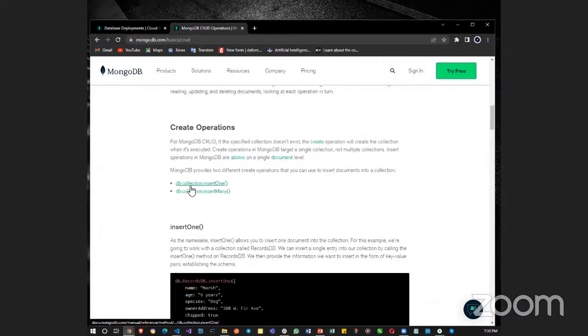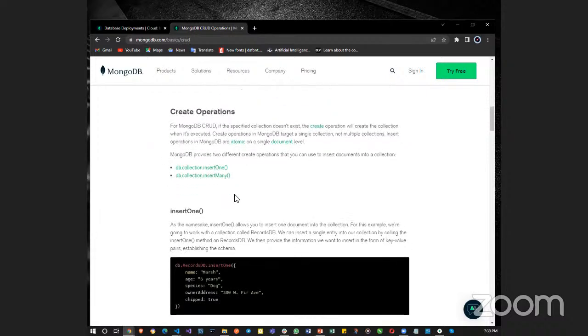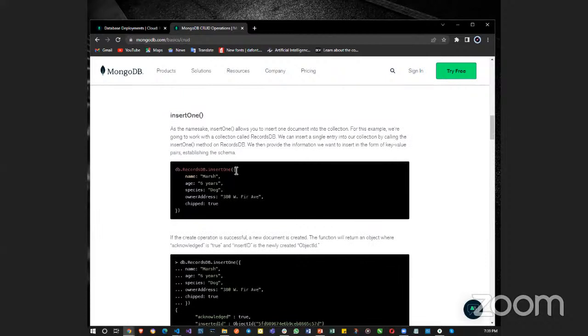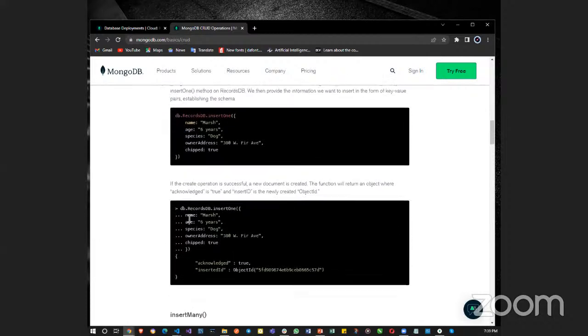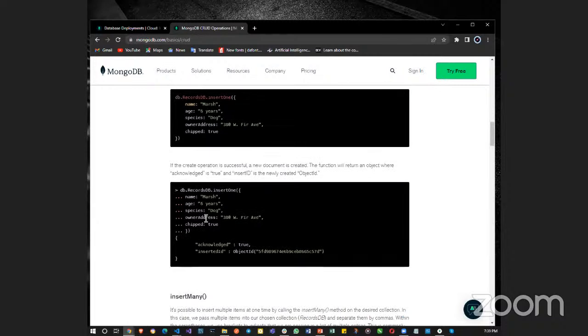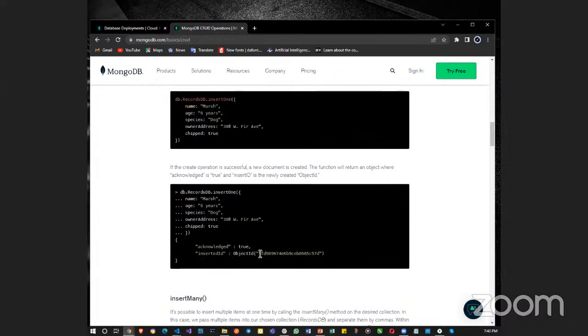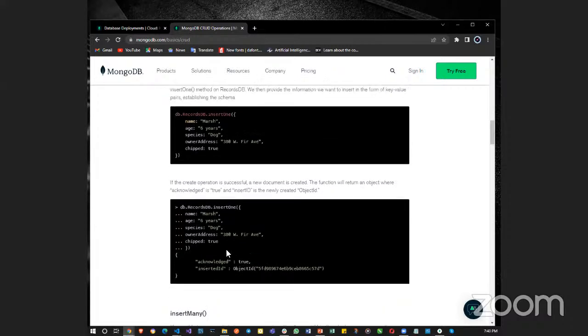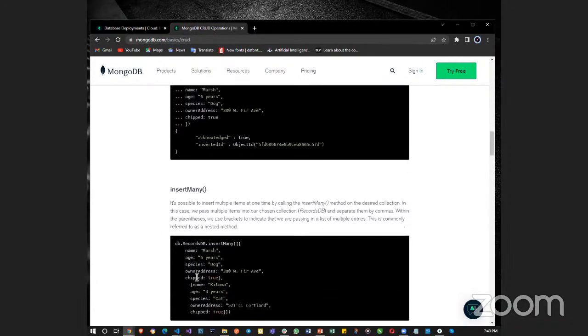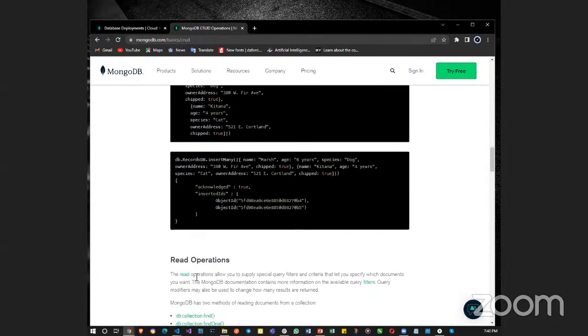Here we have create operations, and in MongoDB, it uses the database, calls the collection, and does insertOne. Here it is insertMany, in case you have many. insertOne is to insert one object, and insertMany is for many. It also has the way it returns information. It says inserted ID, and it returns this information back. So these are some of the things, but believe you me, I don't work with